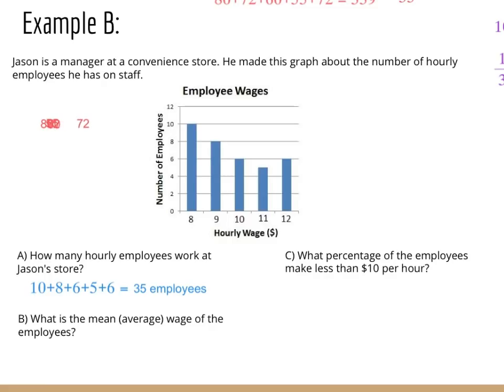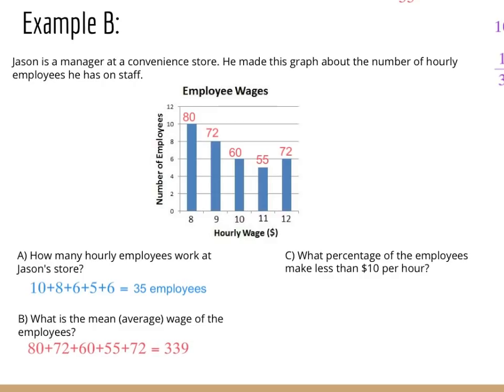So I'm going to start by writing little numbers above each column so that I can track how much each column makes. So 8 times 10 is 80, 9 times 8 is 72, 6 times 10 is 60, 11 times 5 is 55, and 6 times 12 is 72. So I wrote down a little label above each of my columns so that I knew how much money each column made. So then I'm going to add those columns together,